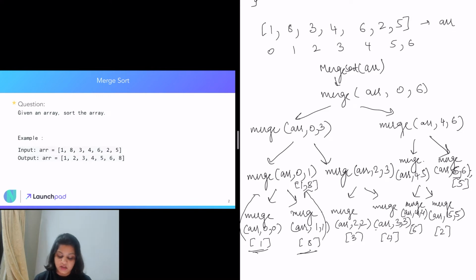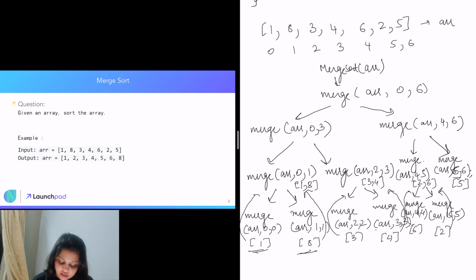Okay, similarly here these particular functions are going to return two sorted arrays, and it is then the merge function that is going to sort the two arrays. So our output will be 3, 4. Similarly same thing is going to happen here. In this particular case, we have received 6 and 2. It is going to merge the sorted arrays, and the sorted array will be 2, 6. Then similar thing is going to happen in this particular case.